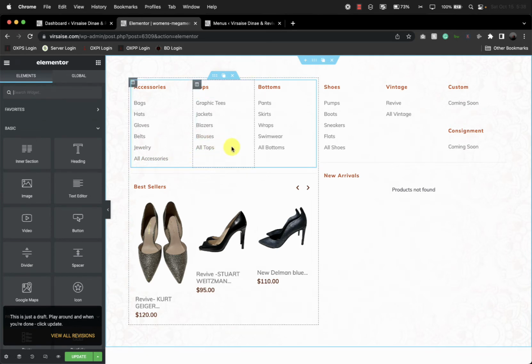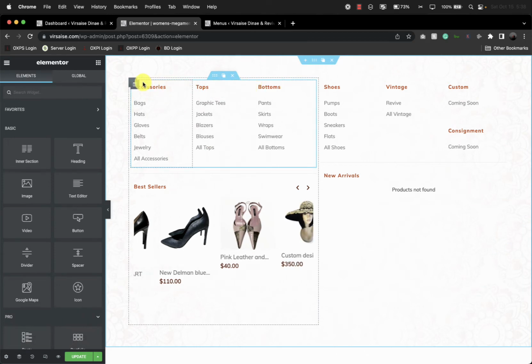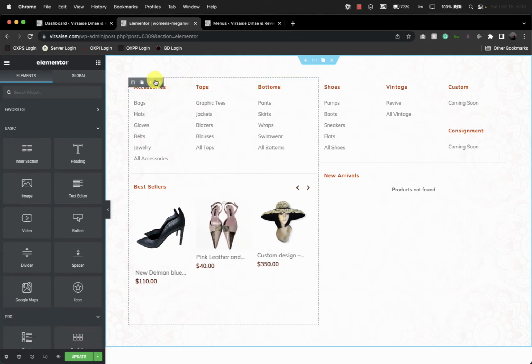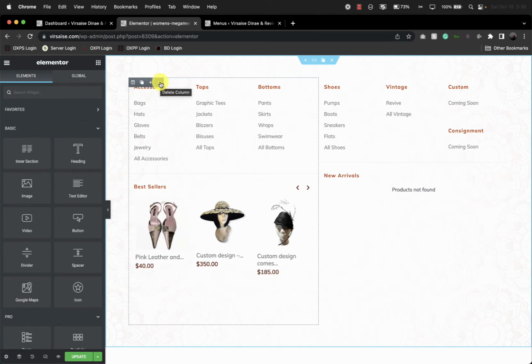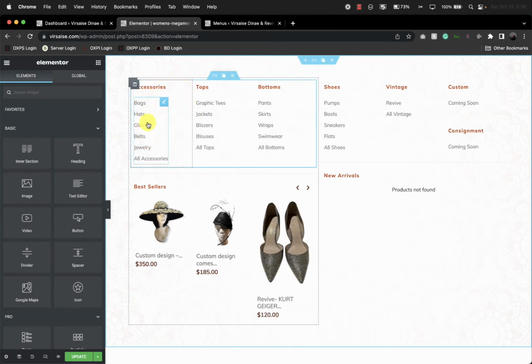Now let's talk about how to actually change what we're seeing here. So we've got these different columns. It says accessories, tops, bottoms. You can easily delete one of these columns. Now I'm not going to do that, but if I were to hit delete right here, it would just simply delete this entire column right here. So everything in this little column box you can see would have been deleted, just leaving us with tops and